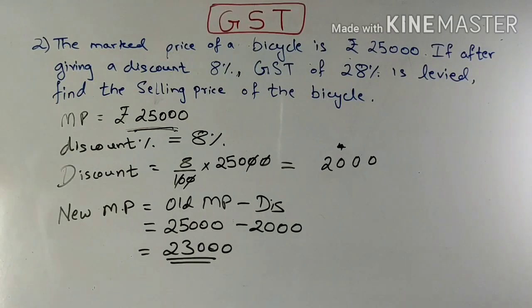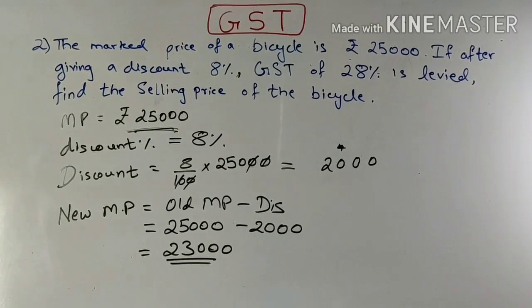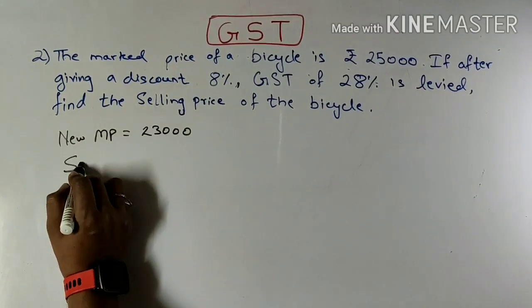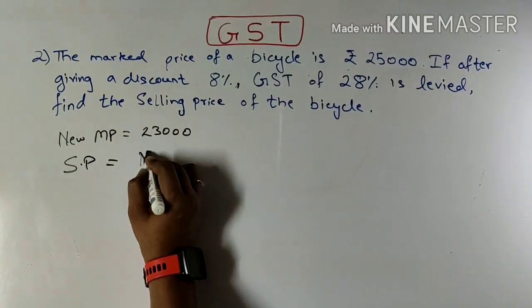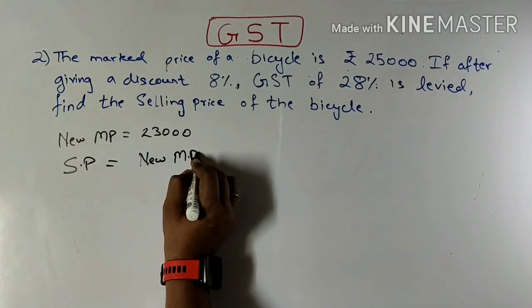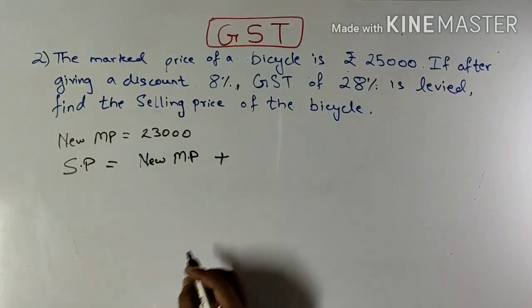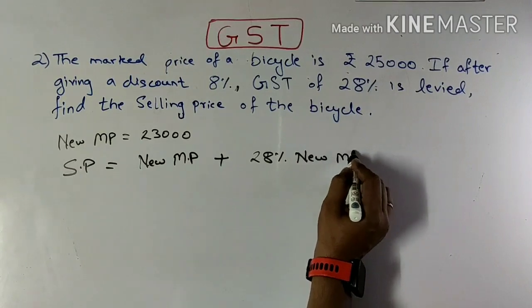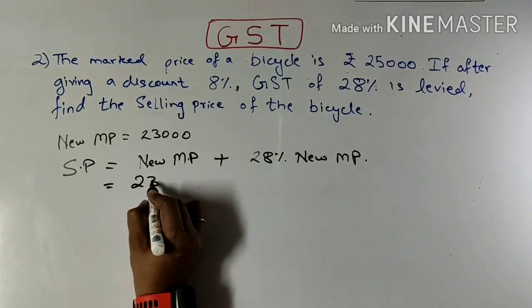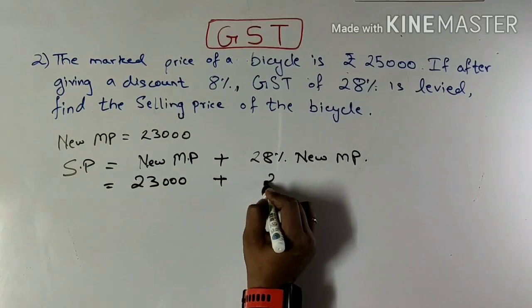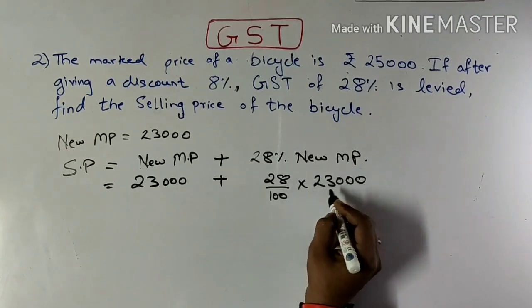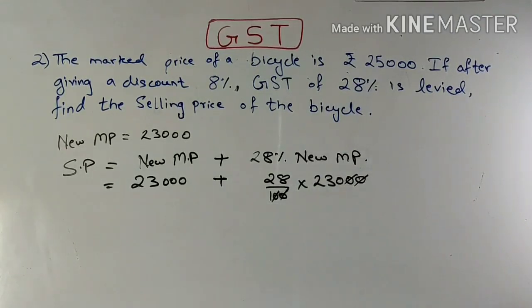Now we move ahead. So new marked price is 23,000. Now my selling price will be obviously new marked price plus 28% GST on it. That is 28% of new marked price, which is nothing but 23,000 plus 28 by 100 into 23,000. Again we solve it, simplify and get the answer as